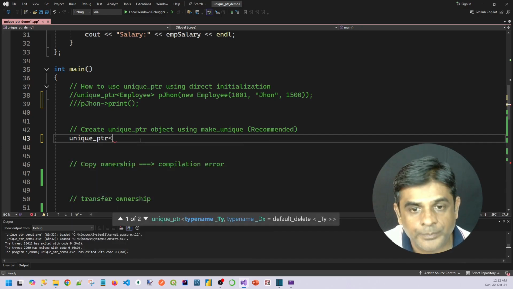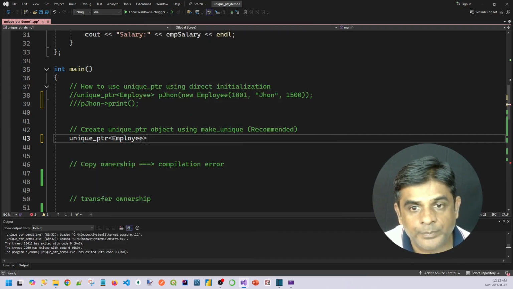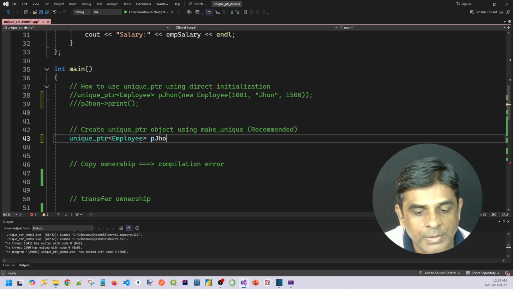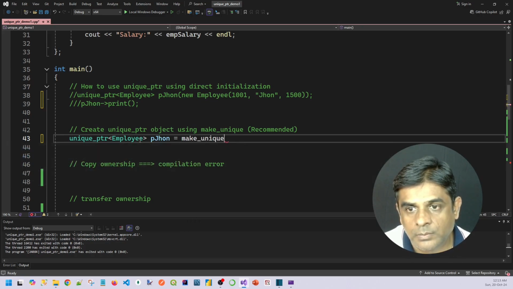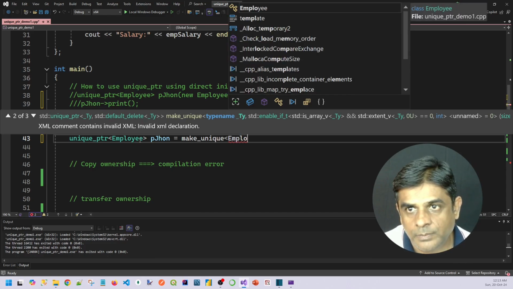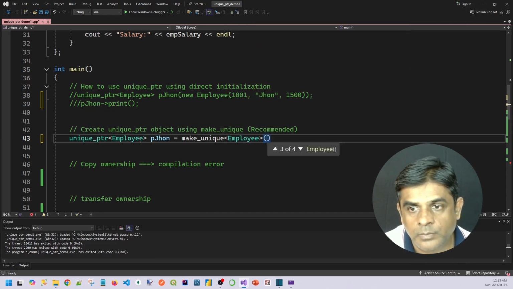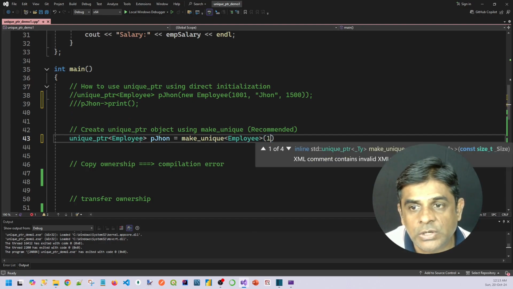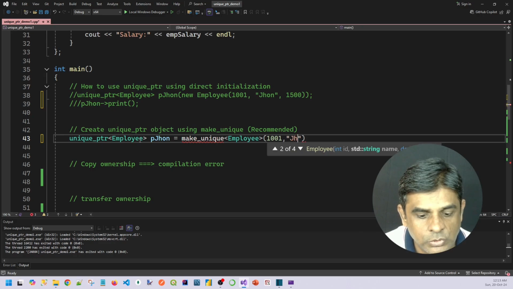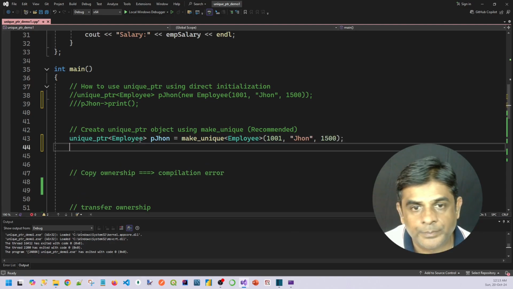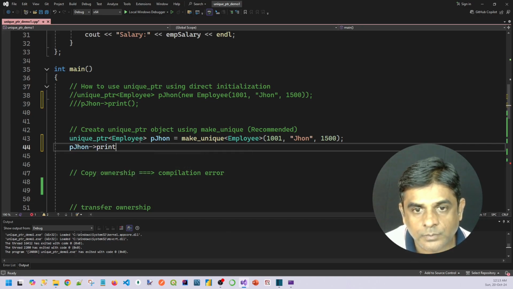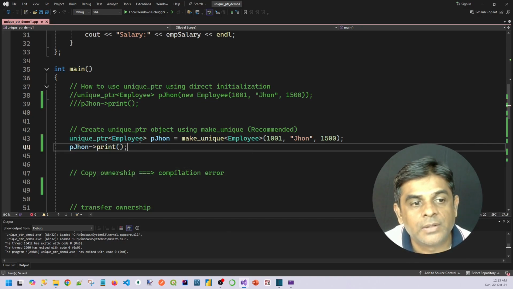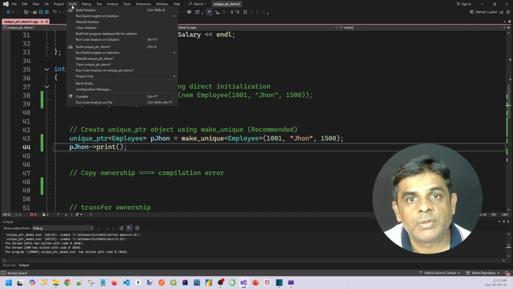Unique pointer employee, same variable I am keeping, make_unique employee, and giving the parameterized constructor 1001, same John, and salary 1500, and we call the print method on p john. And when we run, first we build,